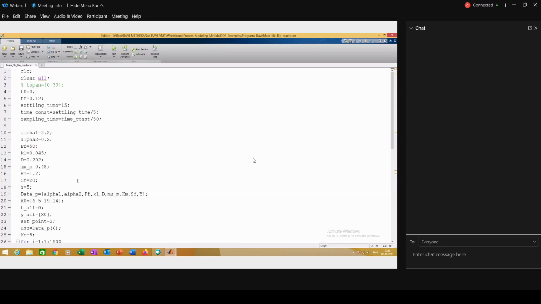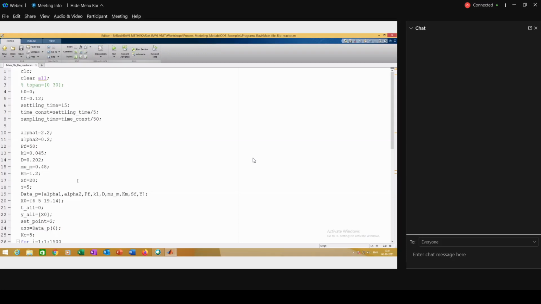After that, we gave a step change to the manipulated variable. Once we got that step change data, we might find that the settling time and sampling time have changed a little, because earlier our assumption was based on the initial dynamics and now it is based on the step change data. We recalculated the settling time, time constant and sampling time.